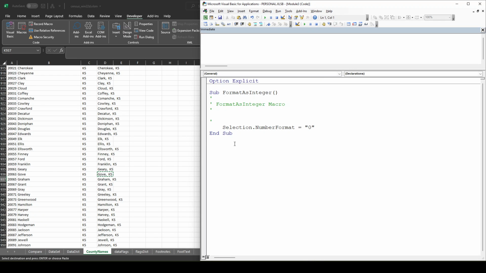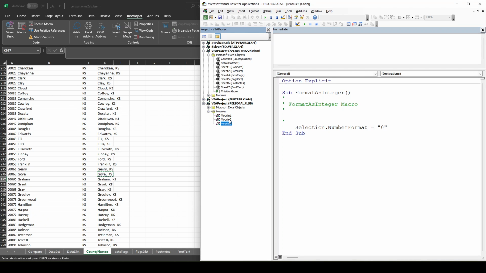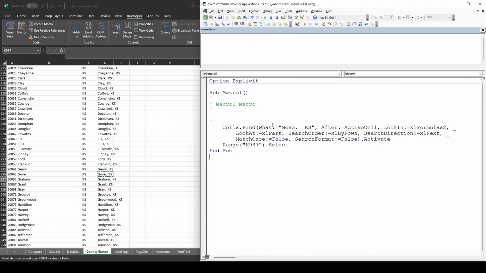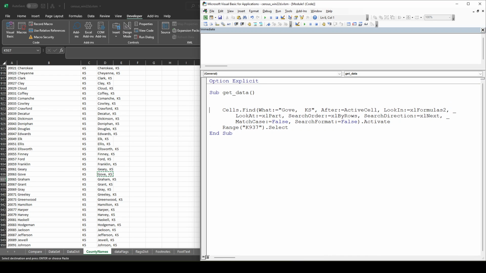Now when I go to my VBA here, pull up, let's see, I think it's right here. Here's the module that was created when I did a find, right? I was searching for this, and it found it, and it activated it, and then I closed the window. So this is going to be my macro. Why don't I go ahead and start and use this macro for what we're going to do. I'll just name it get macro. And what we've done is we've found